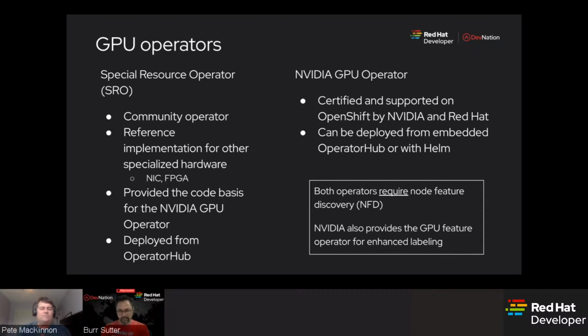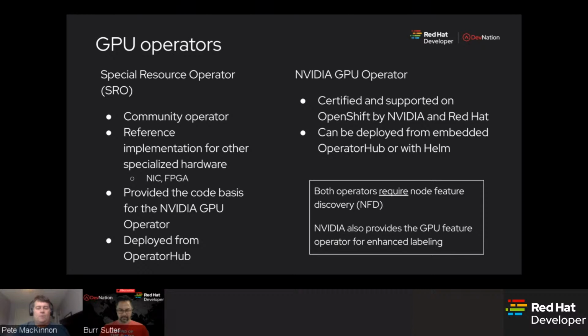This one is certified and supported on OpenShift by NVIDIA and Red Hat. And that can be deployed from the embedded operator hub or via a Helm chart that's maintained by NVIDIA. So both operators are available to you in terms of a production and support sort of use case. You will almost certainly want to make use of the NVIDIA GPU operator. And there's a high degree of collaboration between Red Hat and NVIDIA on making sure these things work well on